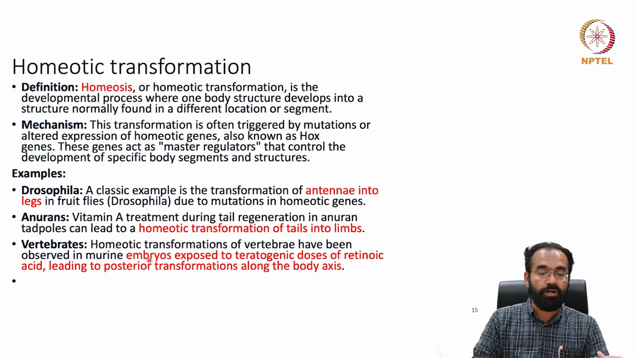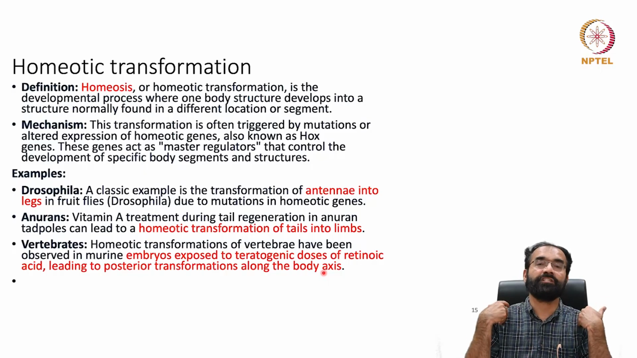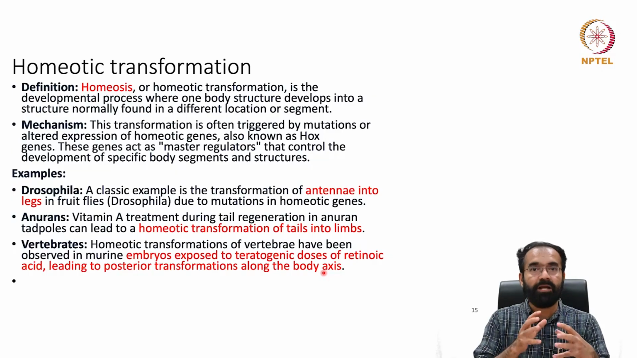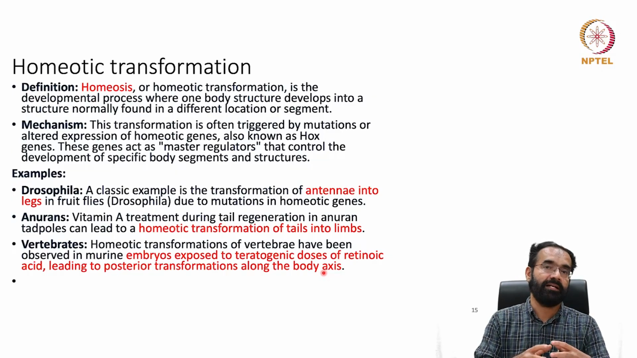And in vertebrates, homeotic transformations of vertebrae have been observed in murine embryos exposed to teratogenic doses of retinoic acid, leading to posterior transformation along the body axis. That means you end up getting legs by the shoulder, or you end up getting hands in the pelvic girdle, etc. So this kind of positional identity is maintained by Hox genes, and they have huge implications in the development